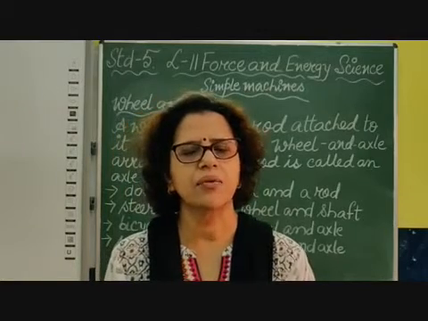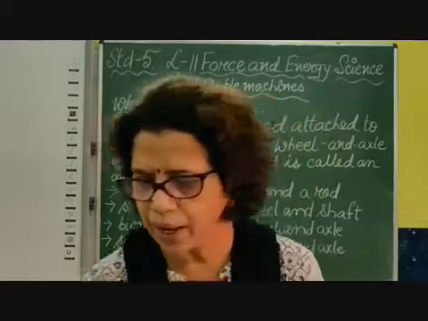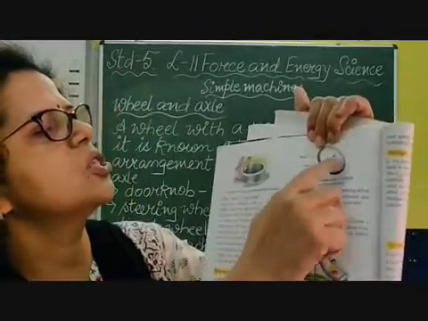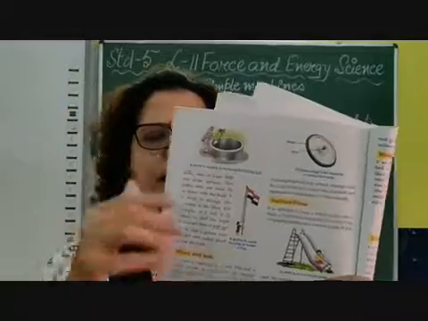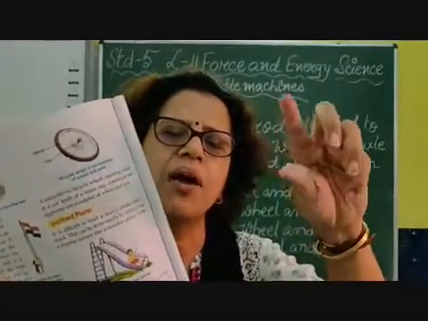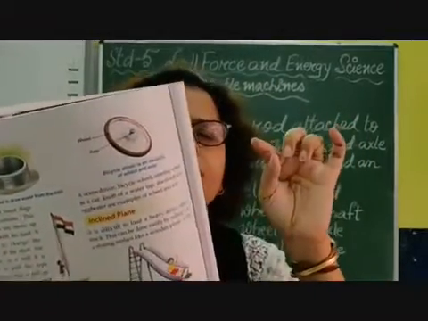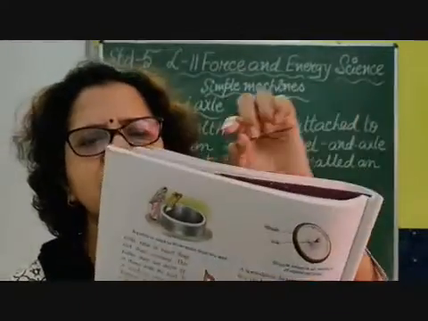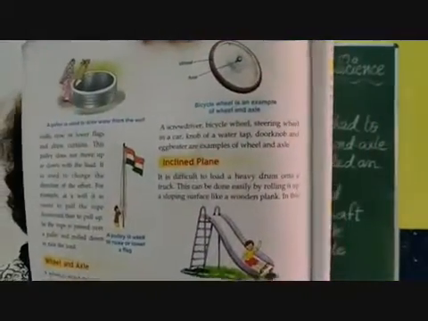Again, your bicycle wheel is a simple machine and it is a wheel and axle, isn't it? Your bicycle wheel, you must have seen in this way. This is the wheel and this is the inside. There in the middle there is a nut with a screw, and the nut is tied, and there is a rod inside it. If you open it and see, that is the wheel and the rod inside it. This is your bicycle wheel.